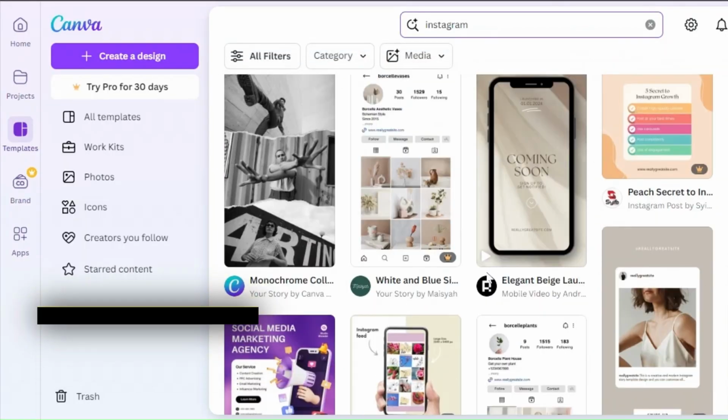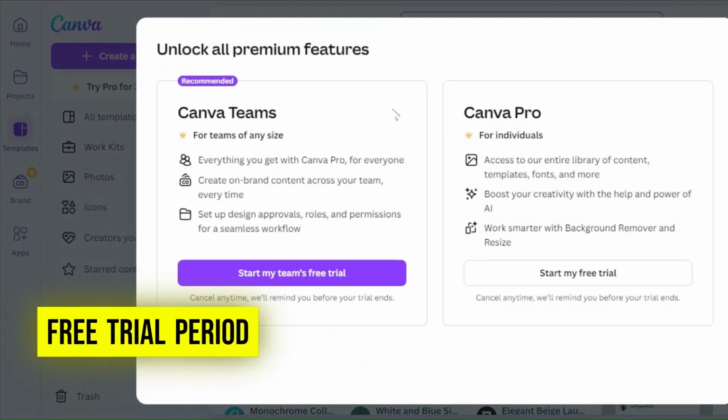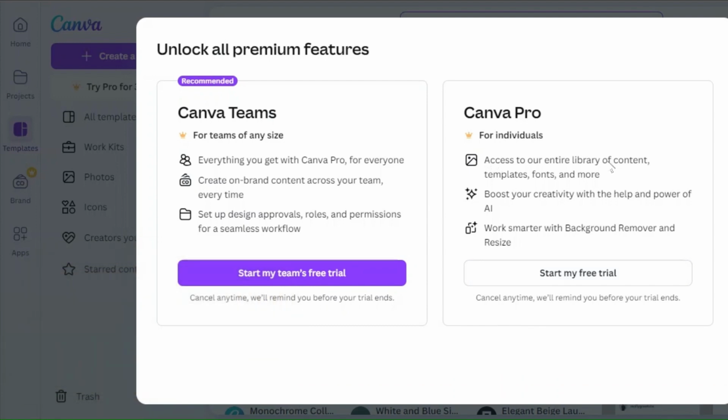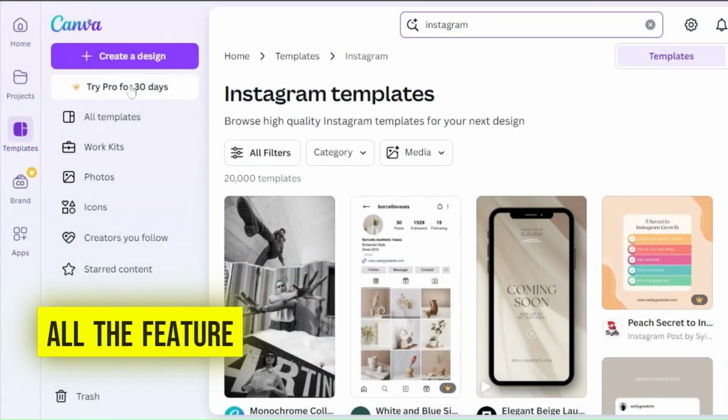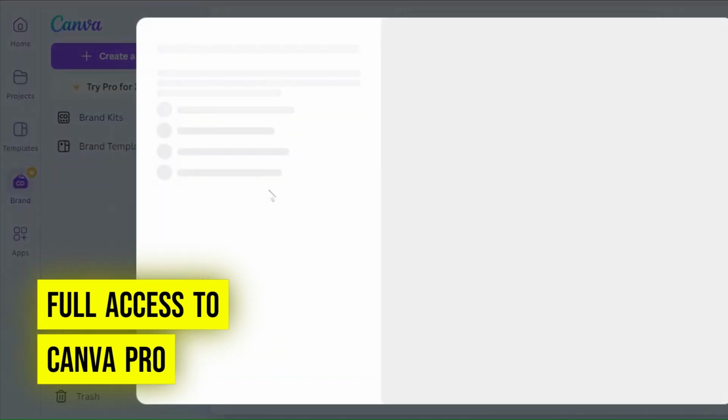One of the easiest ways to access Canva Pro for free is by taking advantage of the platform's free trial period. Canva offers a 30-day free trial for the Pro version, allowing users to explore all the features and tools that come with the premium subscription. During this trial period, you will have full access to Canva Pro, giving you the opportunity to create high-quality designs